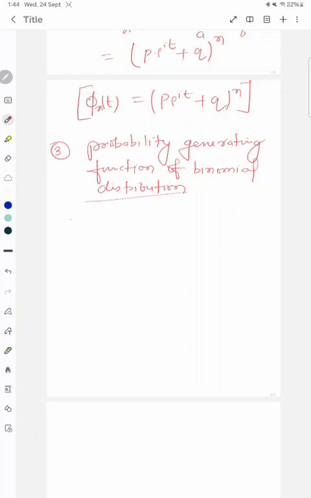This is denoted by Gx(z) or Zx(t) equal to